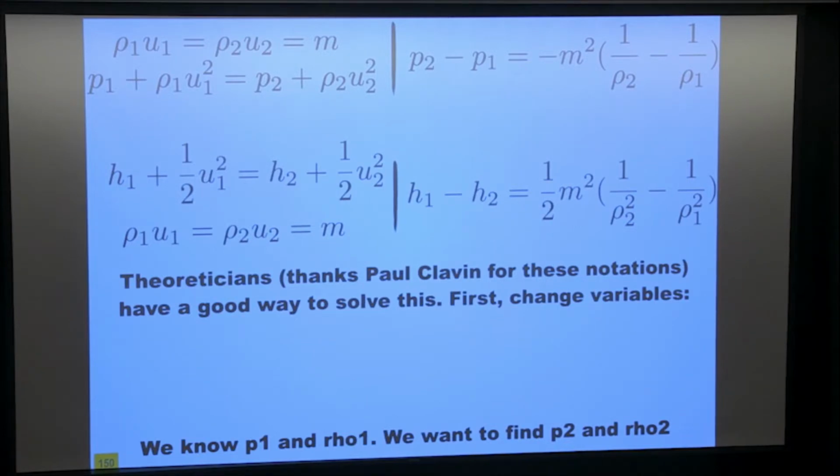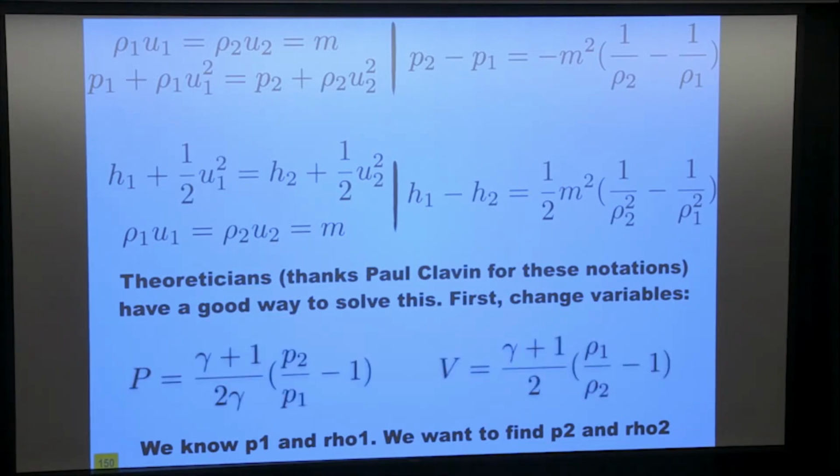And in the rho u square, you introduce m, the flow rate, to obtain this equation. And you do the same thing for the second one here. Here you combine, again, mass flow rate and enthalpy, and you obtain this equation. Now, like always, mathematicians don't like to work with your variables because they think it's easier to formulate them